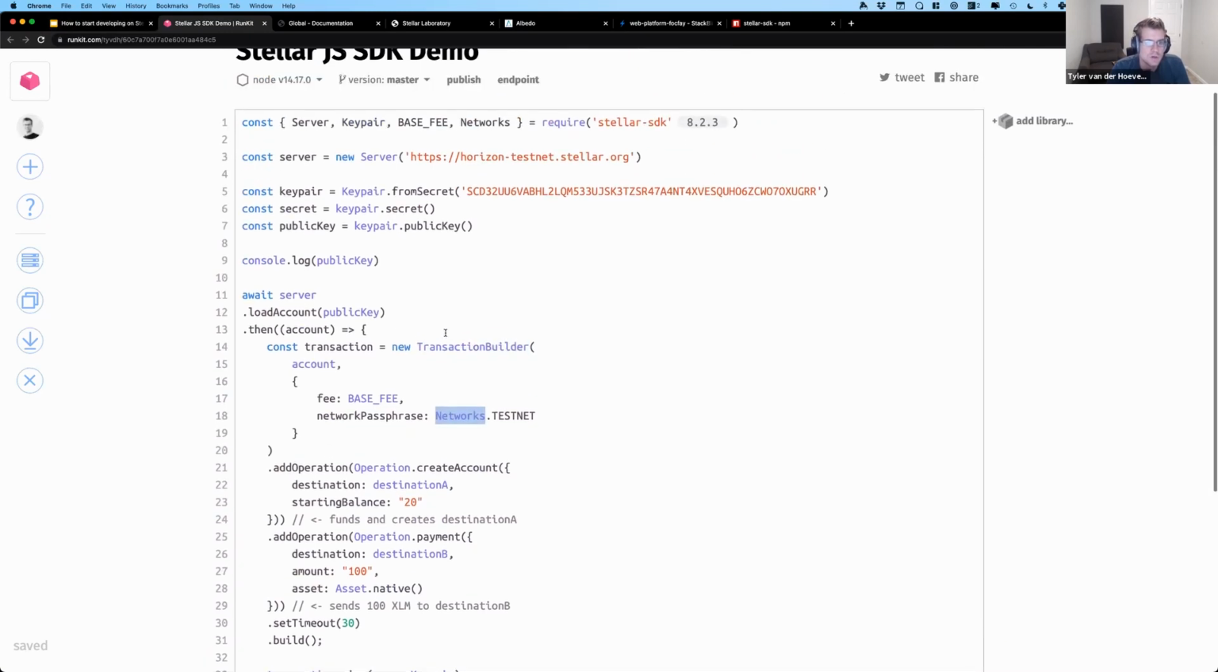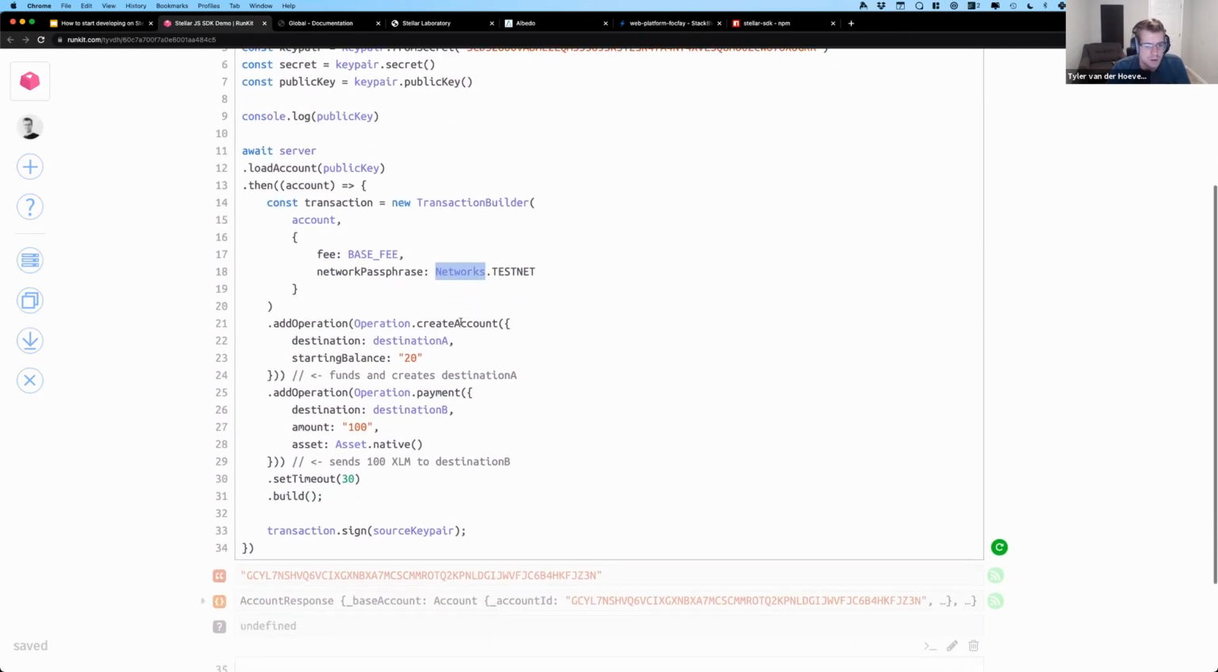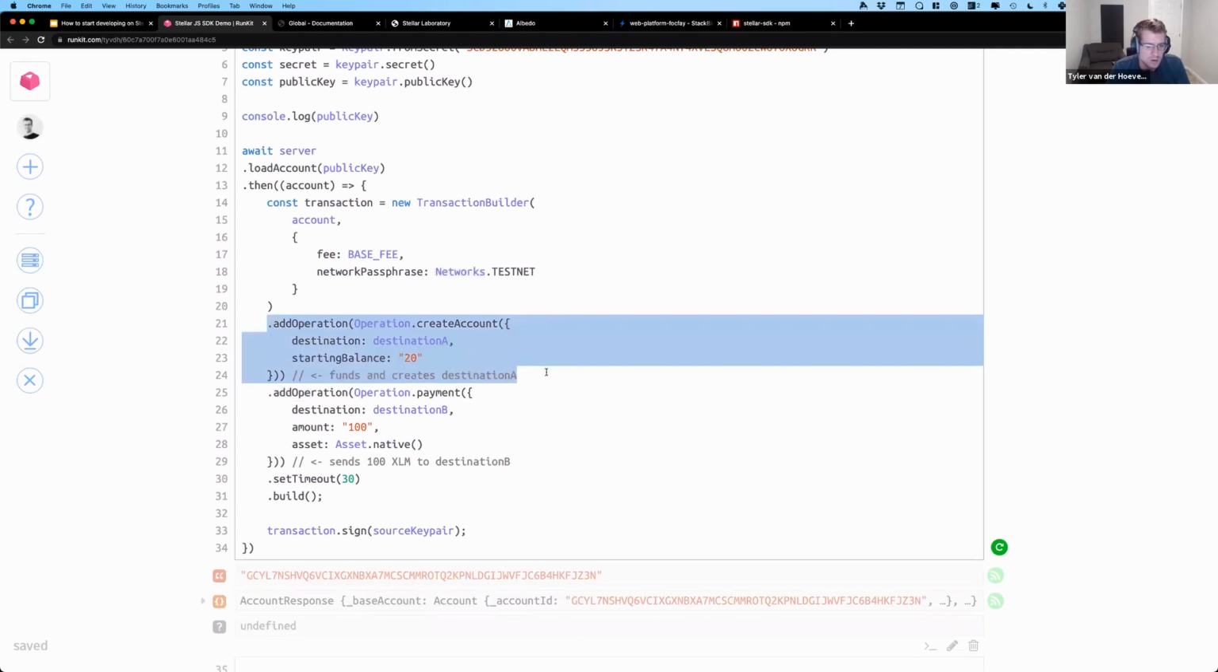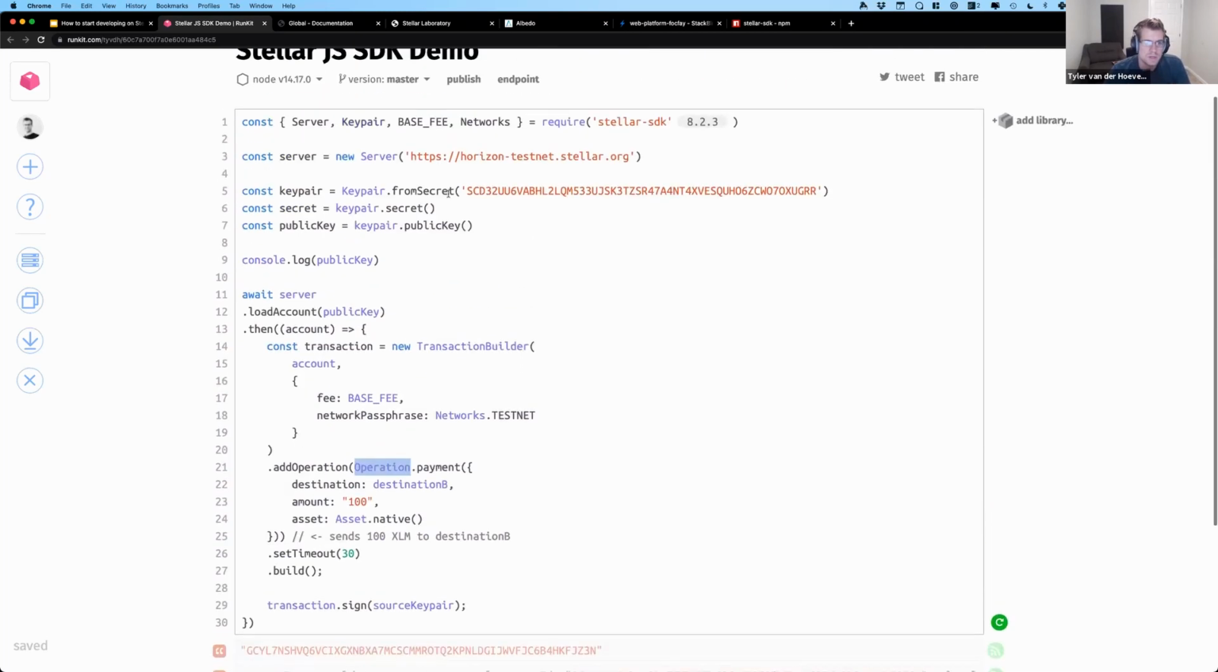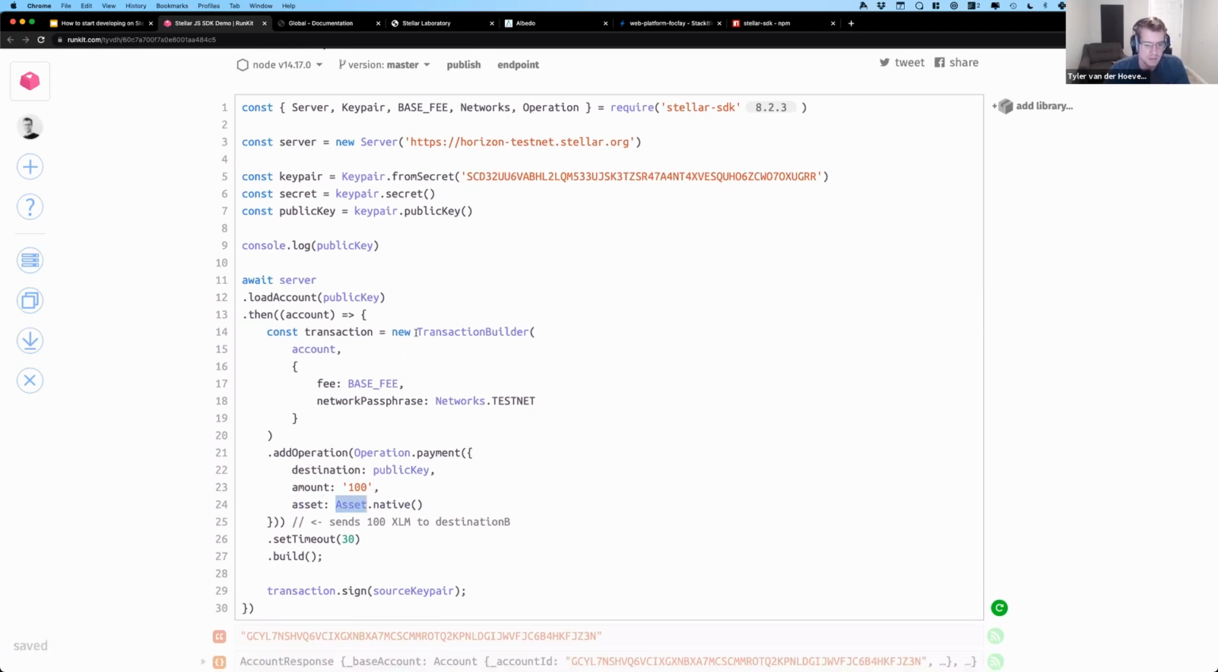I think I've imported networks and base fee. We don't care to create account right now. We've already got an account. We're going to do the exact same operation that we did in the laboratory. We're just going to do it with the SDK now. We're going to make a payment to ourselves. So take this public key, and the amount is going to be this 100 lumens like we did before, and the asset is the native